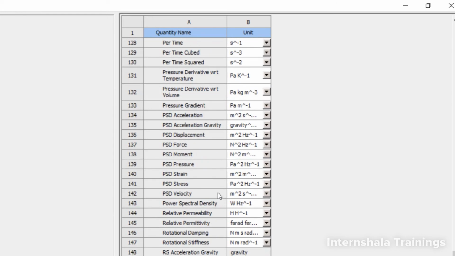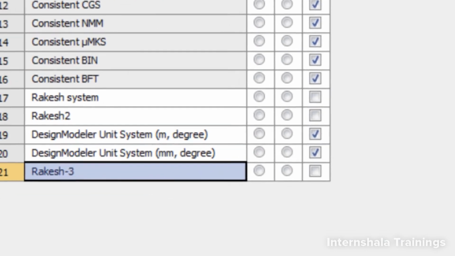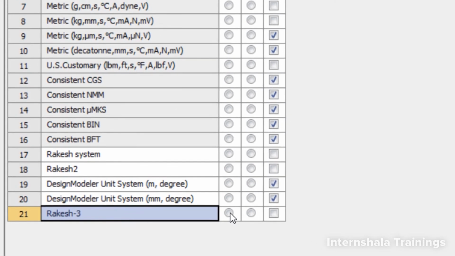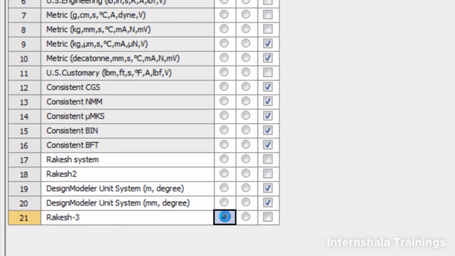You can play around with this. Once you are satisfied, you can either set it as a unit system for the current project by clicking here, or otherwise you can set it as a default unit for the entire time. So you can just select here. If you don't want to show this particular system for this project, you can just click here to suppress. But right now I don't want this unit system to be suppressed.